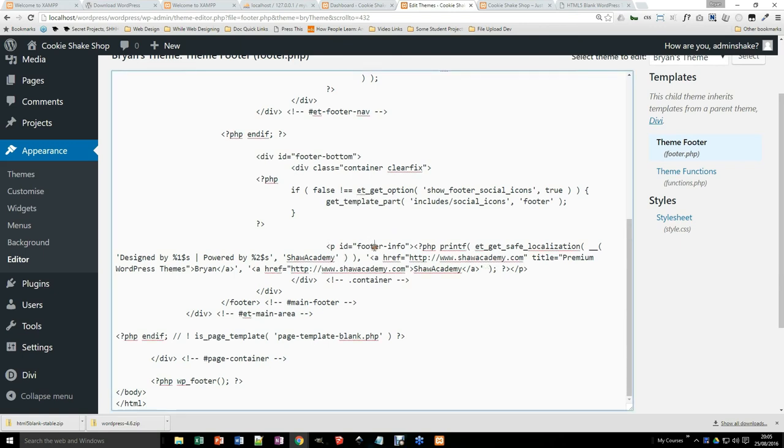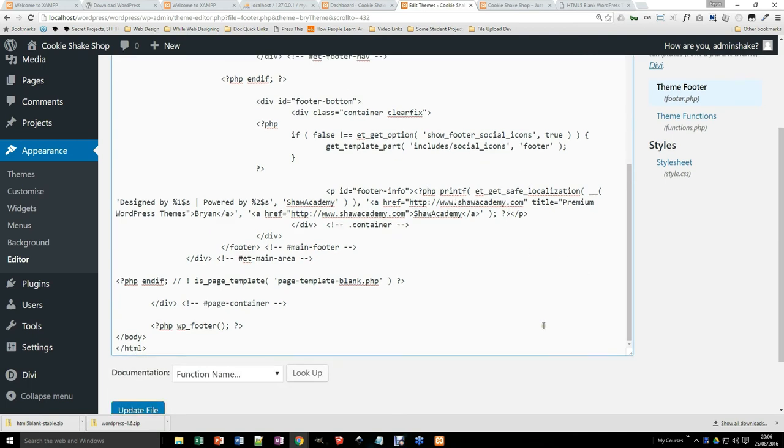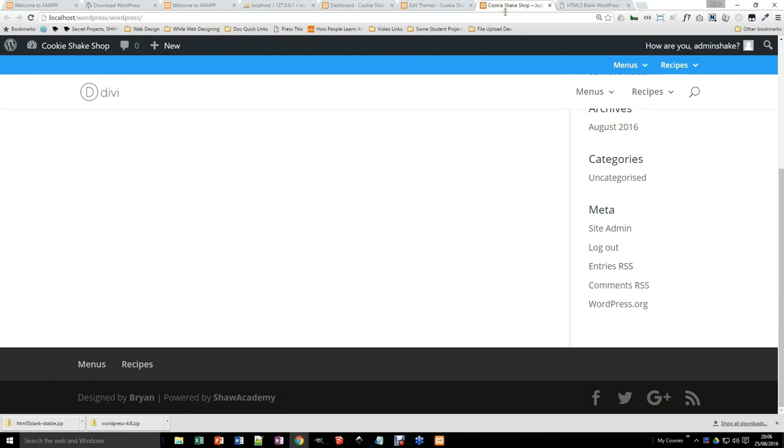So ID footer info, so print if safe localization. We don't need all this. I will get back to that, and I'll post up some different things. But of course,